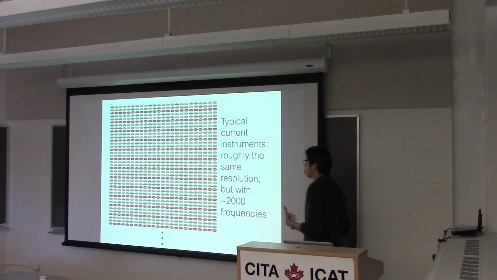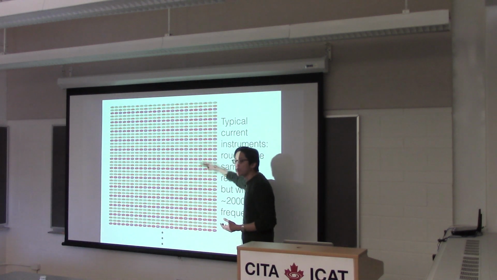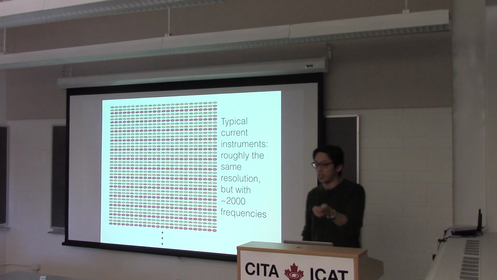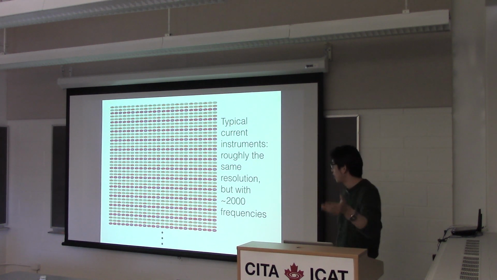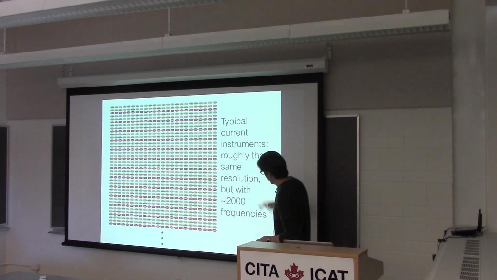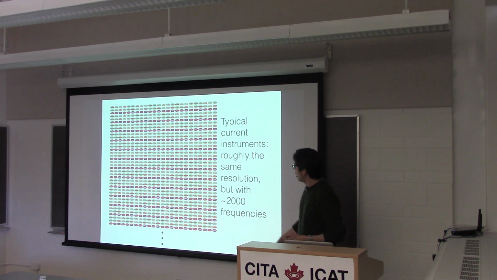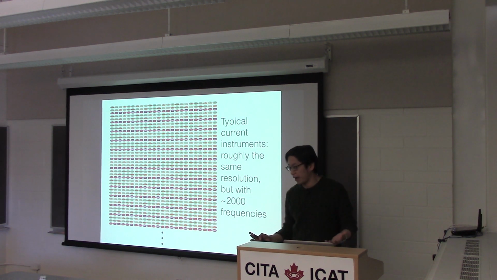Okay, so this is a lot of information. These different frequencies are absolutely crucial because of the spectral nature of 21 centimeter cosmology, right? Each one probing a different redshift. And so this is a lot more data, right? And it's not only a factor of 2,000 or so, it's actually even harder than that because in